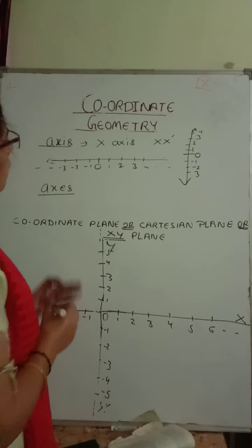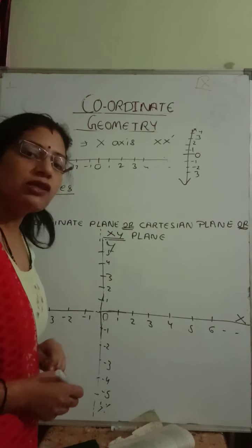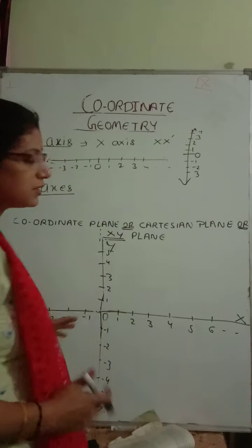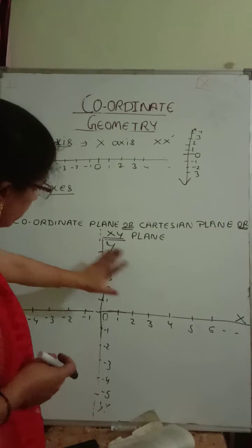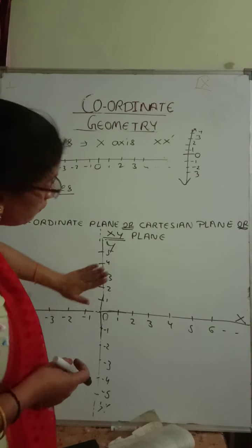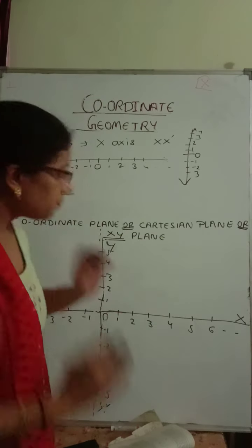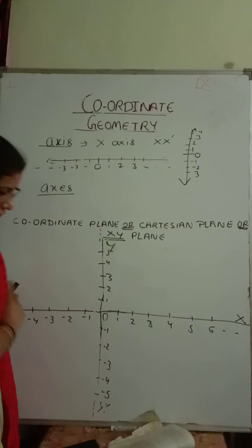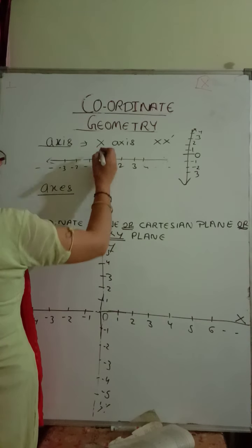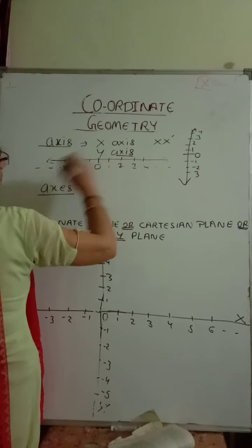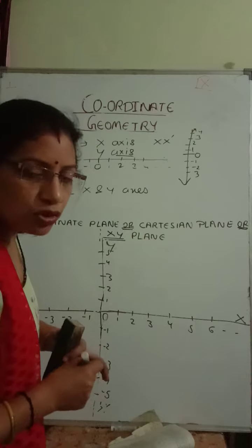So if we make this arrangement, one number line we put like this, and another number line on it perpendicularly, this system is a Cartesian system. This is known as the Cartesian plane, or we can say the coordinate plane. We can also say the XY plane. The meaning is the same. If I say X axis, I am talking about one axis; if I say Y axis, one axis. If I say X and Y axes, these are both axes, plural form.